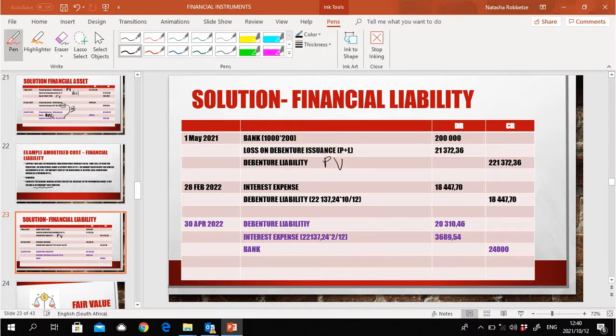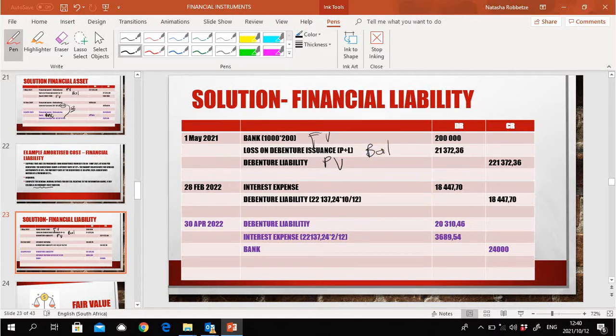We get money into our bank accounts when we issue debentures, because we give people these debentures and then they give us the money. So we put our future value, but again, the future value excludes the premium or the discount. Premium is now recognized as a loss to this company. And it's a loss because in the future, we are going to give them 5% more. So we are losing money. And it's a loss on debentures, profit and loss. And this is our balancing figure.